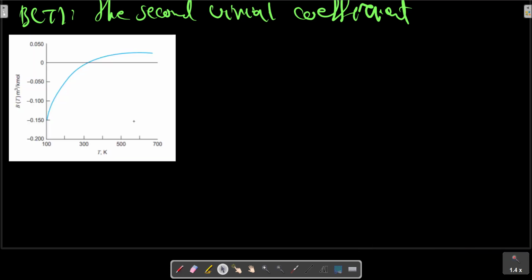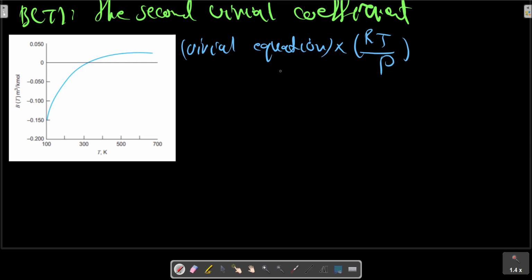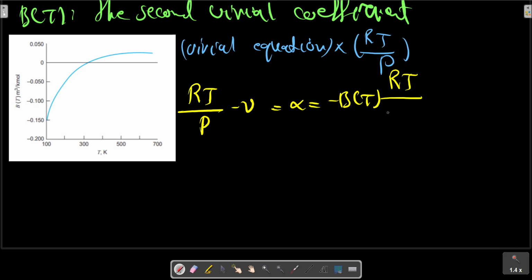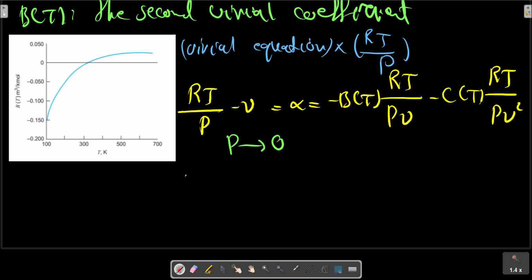If we multiply the virial equation by RT over P, we can obtain this relation for RT over P minus V. In the limit, when P goes to 0,